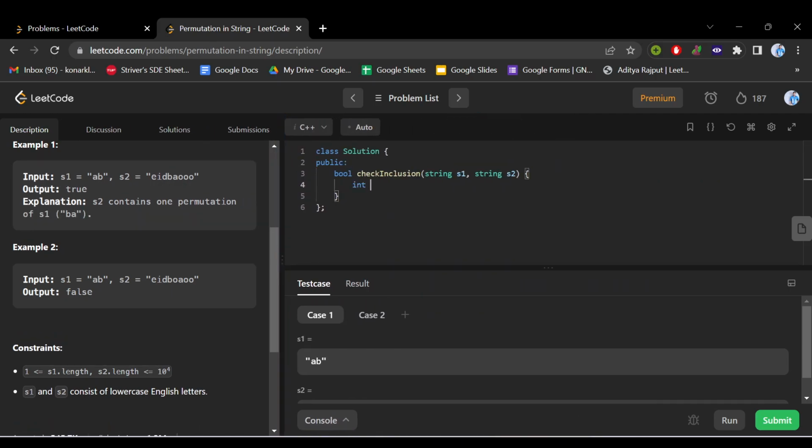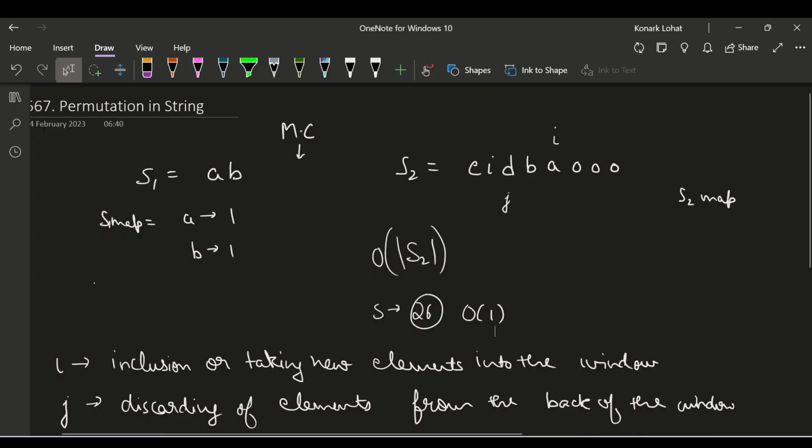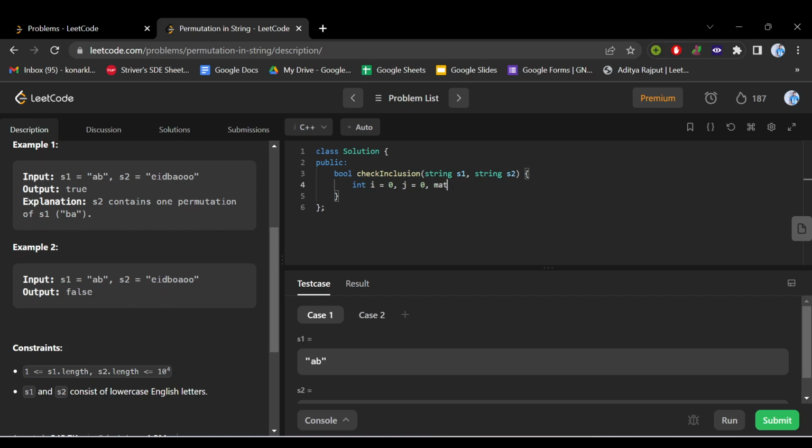So first we need our pointers: i is initialized with 0, j is initialized with 0, and we need a variable called match count. As discussed earlier, match count will track how many characters are matching in this window with the s1 string. You can initialize it with 0, and it's fine. Now you need an unordered map